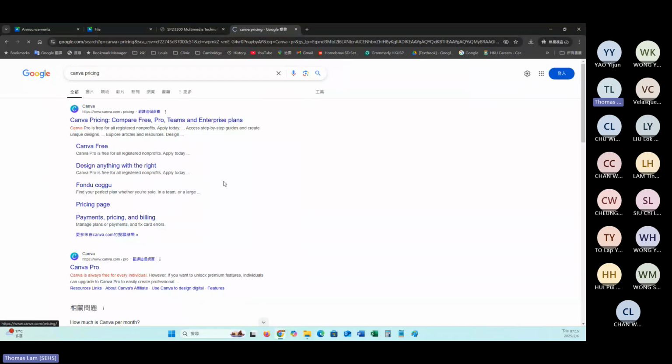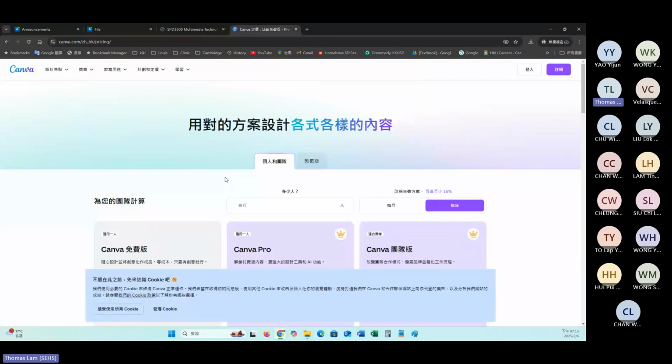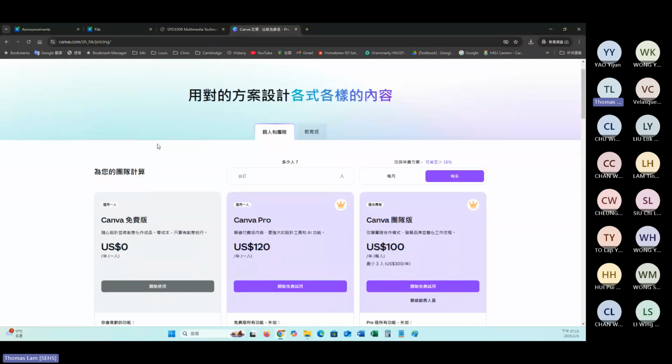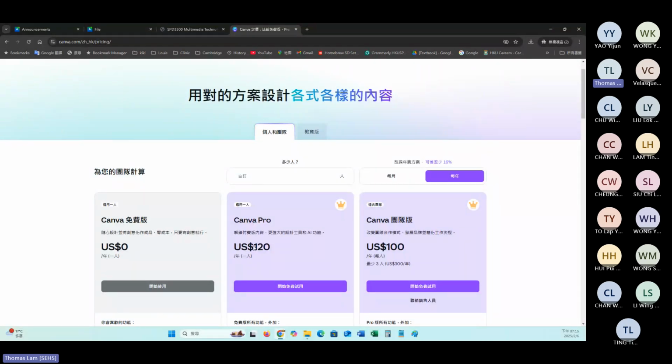So as long as you make use of this for your own freelancing or part-time job, and you find it very useful, you can pay for this price, Canva Pro.